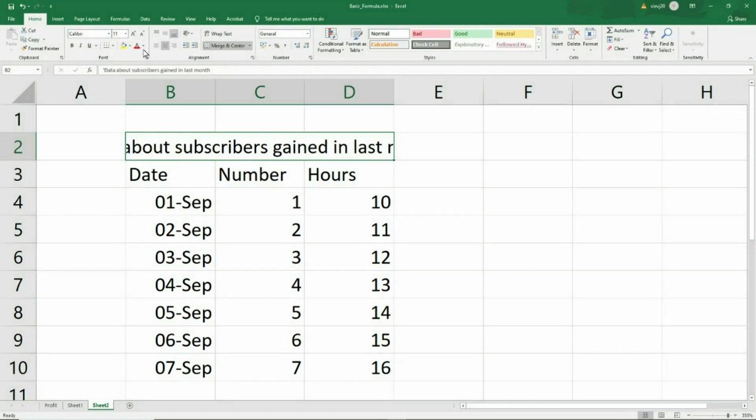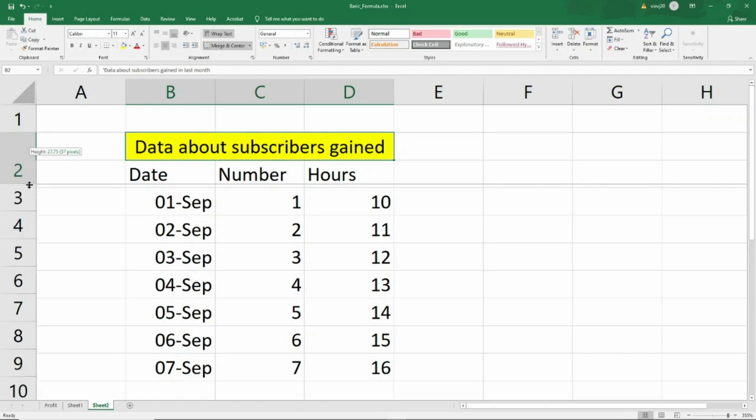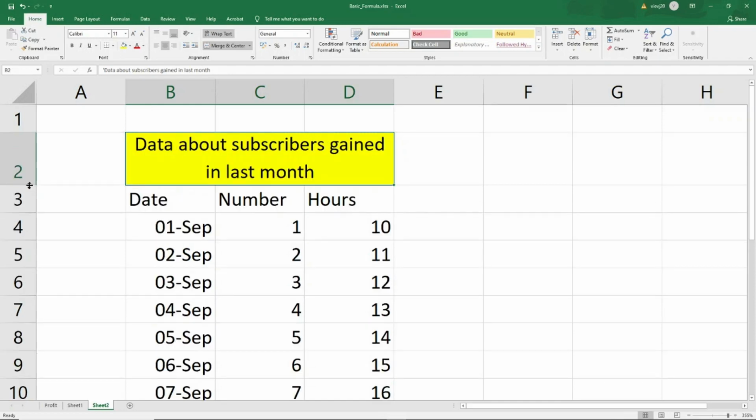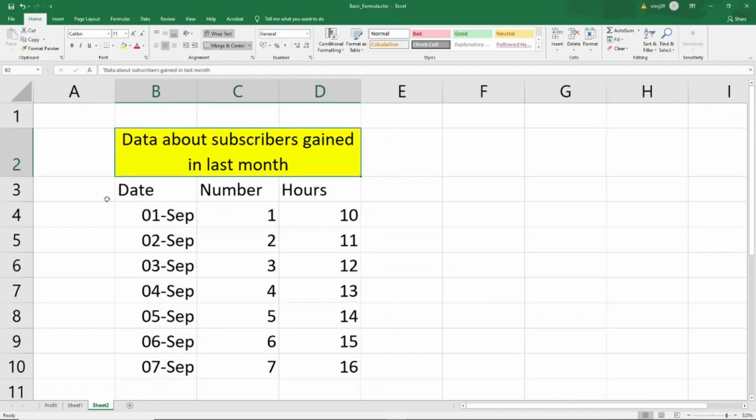As you can see, if I highlight it, only this part is highlighted, and centered the data. But since my data was overflowing on the left and on the right, so now it is centered, but I cannot see what is there on the left and what is on the right. So what I will do here is I will just increase the height, and voila, here you go. What this does is now it makes it much easier and much more presentable, especially when you start using it, you'll get to know more.